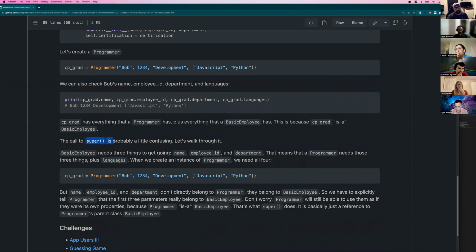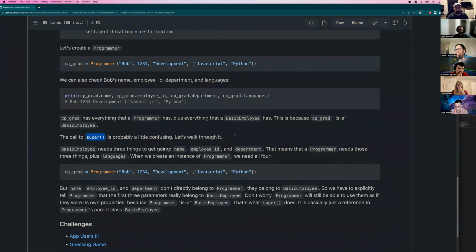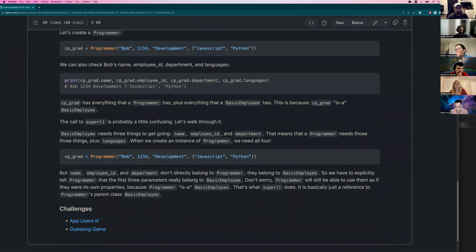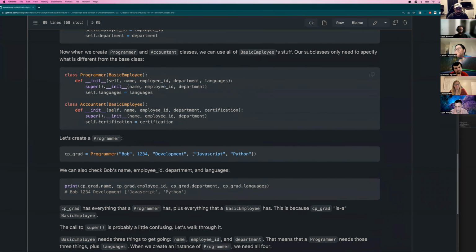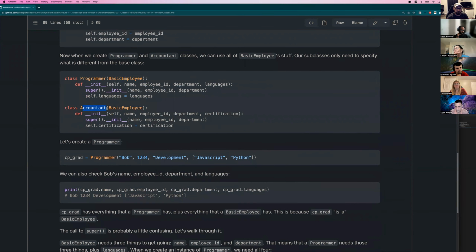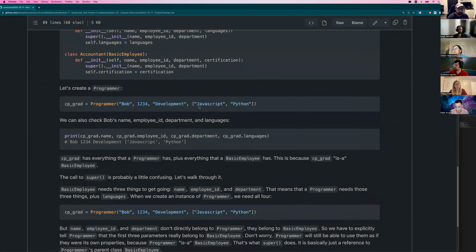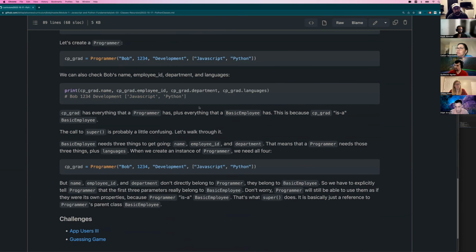So there's things to understand about this. These values that we toss into super, technically they belong to basic employee, and then we're referencing them. So we're instantiating what is referenced from basic employee in accountant. Accountant is going to act like it owns them. It's going to say, yeah, this is my name, this is my employee ID. But obviously they're attached to basic employee. It's just something to understand.